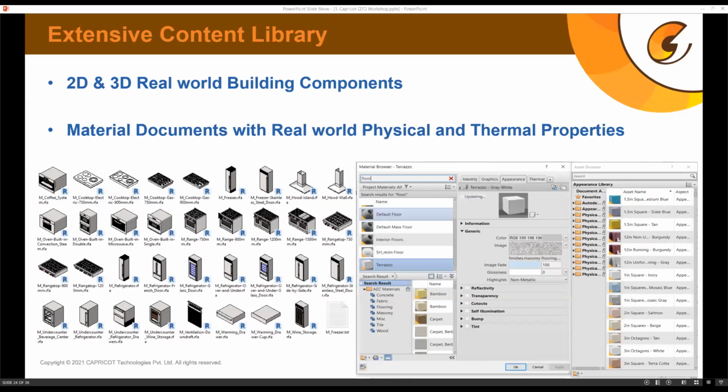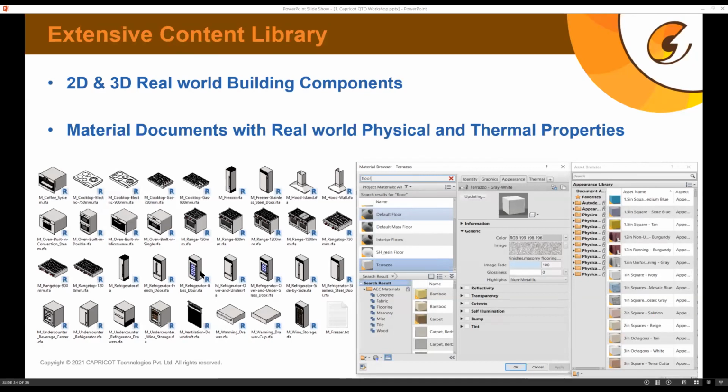You can also add factors like SHGC value in glass, or maybe U value or R value, or any physical or thermal property related to the real world in Revit as well. And then you can also run further analysis and simulation based on those properties. And according to those properties, you will also get quantities intact. Since it has a smart library, only then can you quantify better.